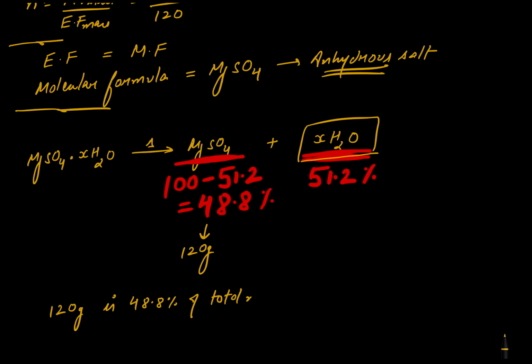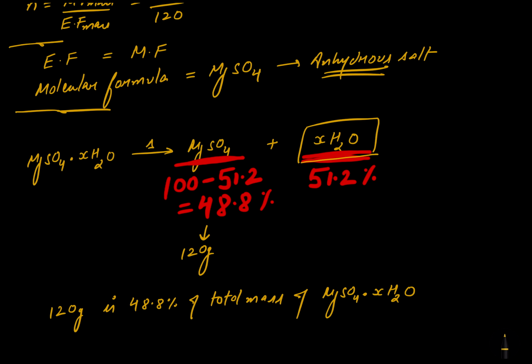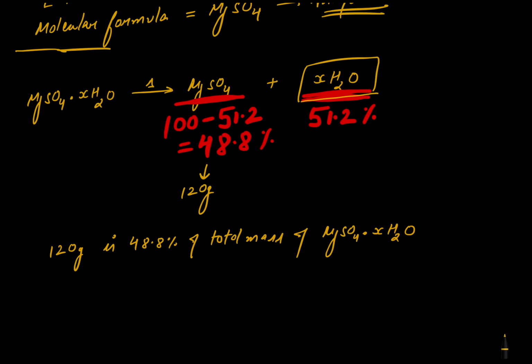the total mass of MgSO4 dot XH2O. Hopefully my students, you got this point. I got the percentage of magnesium sulfate to be 48.8% of the total weight, but I know the weight of magnesium sulfate is 120, which I have just calculated, and even the molecular mass of 120 gram was also given in the question. So that means 120 gram is 48.8% of the total mass of magnesium sulfate dot XH2O. So let's calculate it then. That is, 120 is equal to the